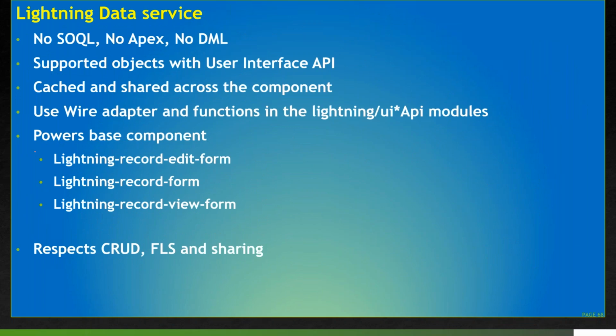Before going to LDS, just think: if you have worked in a VF page, or in a Lightning component with an Apex controller, what do you do? If you write a VF page and want to get data from the database, you use a standard controller, or maybe a custom controller. Additionally, we use some extensions.